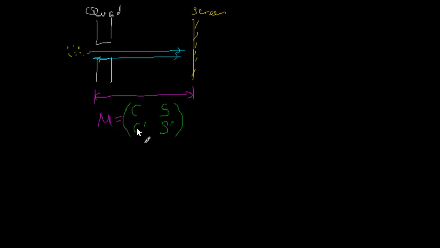So these elements would change when the quad strength changes. So C and S would take on different values as we do the quad scan. And as we do the quad scan,